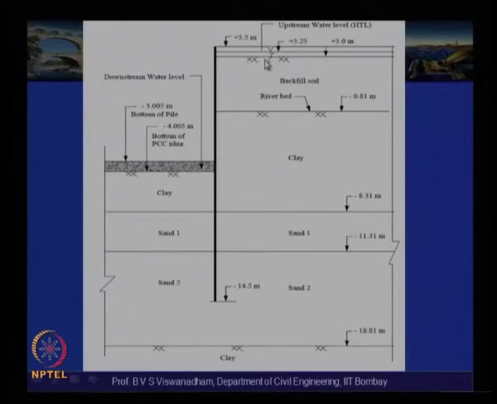The upstream water level, that is the high tide level, is plus 5.25, and the soil backfill is up to plus 5 meters. So plus 5 meters, and then plus 5.25 meters is the high tide level. The top of the sheet pile wall is plus 5.5, and the tip of the sheet pile wall is minus 14.5 meters, penetrated into the sand layer. Then you can look at this: this is the source of the water, this is the river bed, and water tries to enter into the cofferdam.